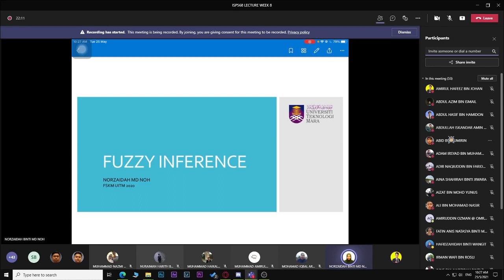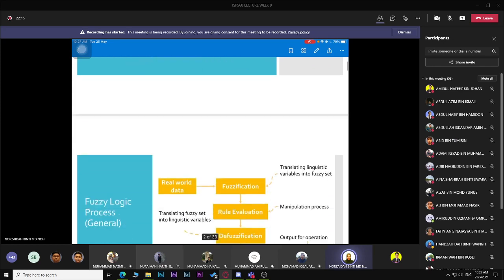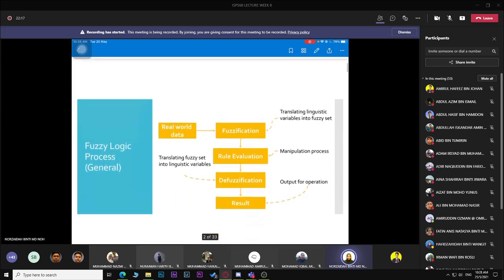diorang maklumkan kepada saya. Okay, today we are going to look at fuzzy inference. What is fuzzy inference? Fuzzy inference is the process where we try to fire the fuzzy rules, based on all the fuzzy inputs that we have. Okay, so generally, this is the process of a fuzzy logic